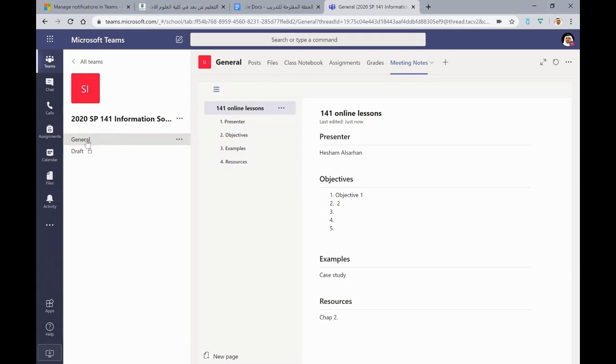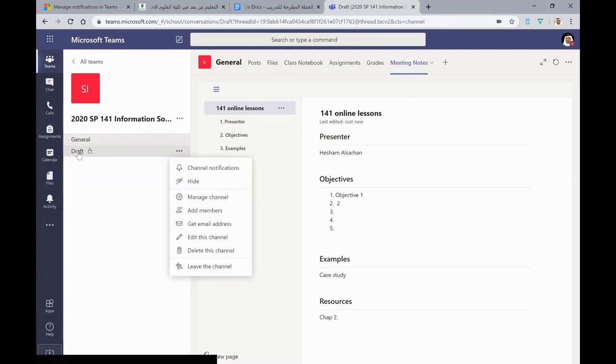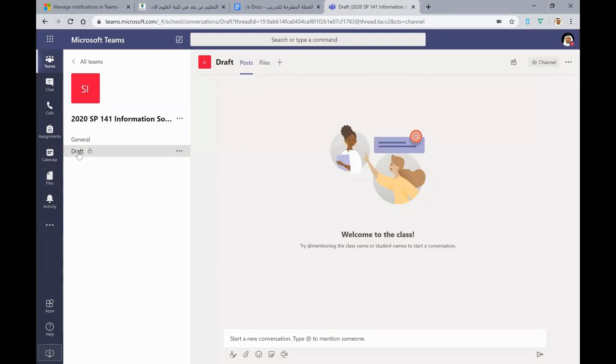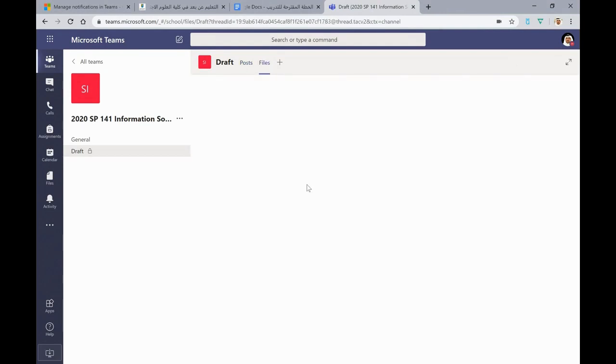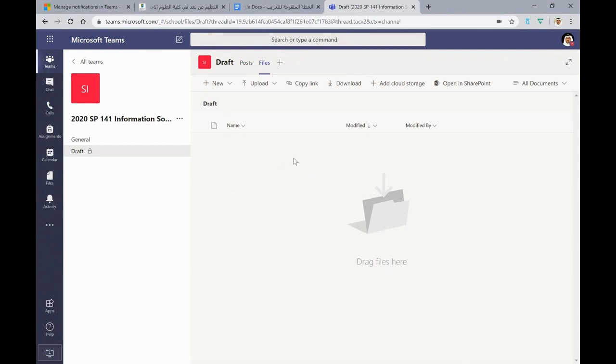Okay. Now, in terms of files, this relates to the question of whether we can have files. That's why I said when you create your general file or channel, that's the channel that everyone will have access to. So whatever files I add into the file section or tab, all the students will have access to this file. Now, if I want to add something to this class, but I don't want the students to see it now, maybe I'm preparing, and I could add many things, I could add them in this file section here, and no one should have access to this file. Now, later on, I could